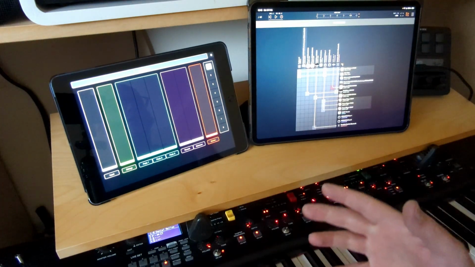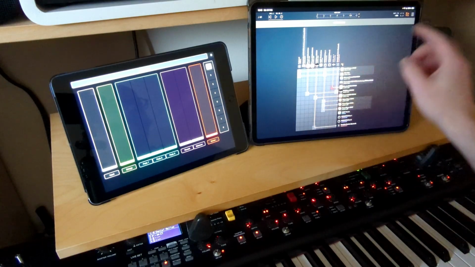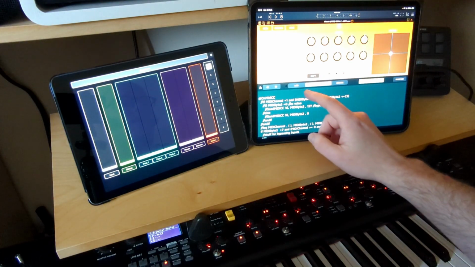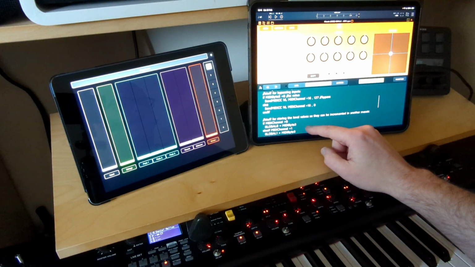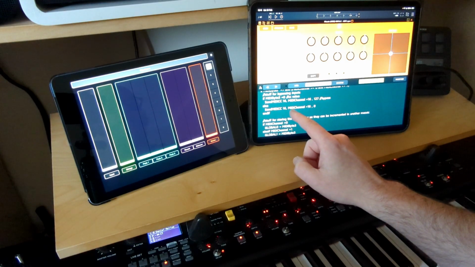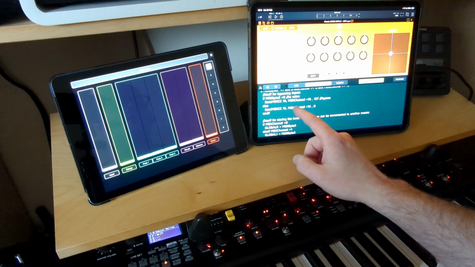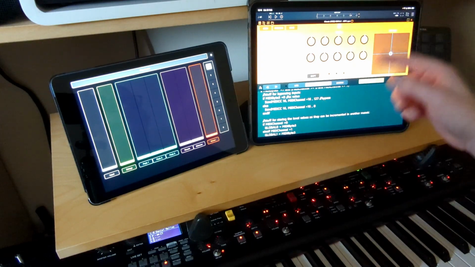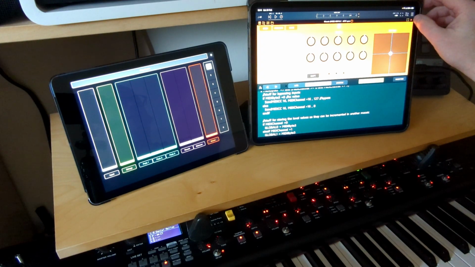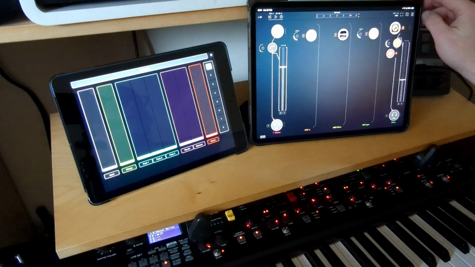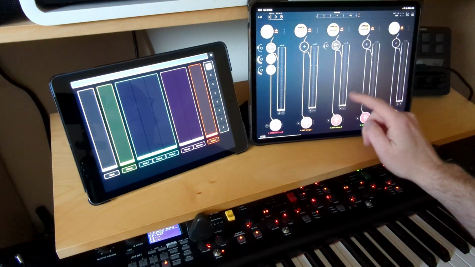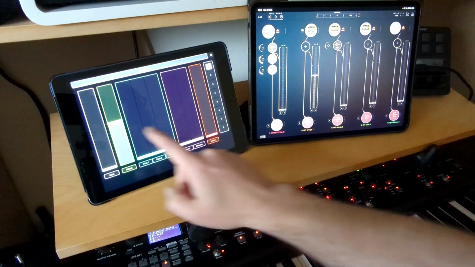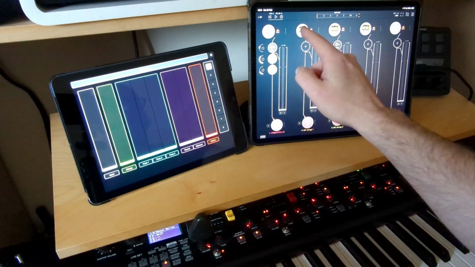Top tip, if you need any kind of fiddling of your MIDI messages, I really highly recommend this Mosaic scripting app. I've got some stuff in Mosaic here where if the MIDI messages on MIDI control 7 becomes 0, then I've got something set up in AUM that it will disable the channel there to save CPU. I'll show you kind of how that works. For example, let's look at this strings channel. I can change it here, and if it comes down to 0, you can see that it's now disabled just